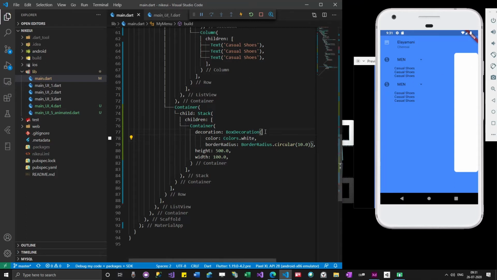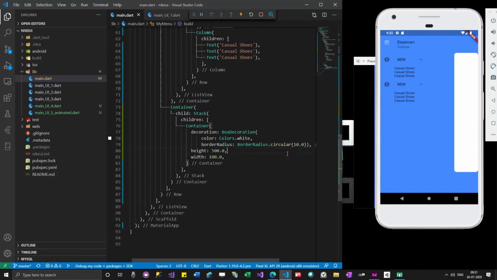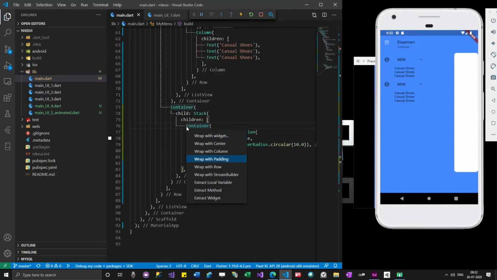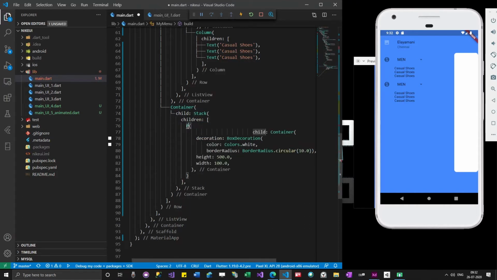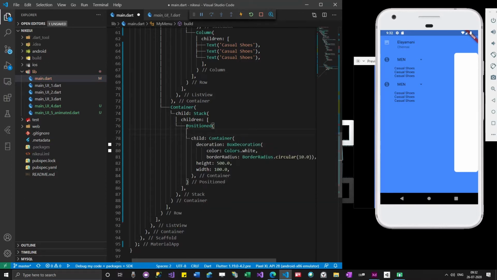Let's remove this part. How we could remove it is, I really don't want to give border radius to only a few sides. Instead of that, what I will do is I will wrap this inside a position widget, and then give some left value, maybe 10.